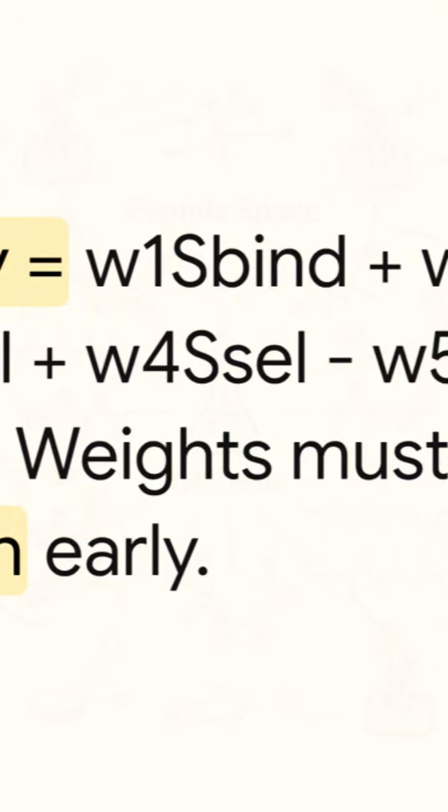The priority score literally balances the positive traits like binding, stability, and solubility against heavy penalties for things like aggregation and clinical risk. See those W variables? Those are weights that must be locked in by the human before even looking at the data, completely neutralizing any AI bias. And check out that thermodynamic reference equation below, where the standard free energy of binding relates to the natural logarithm